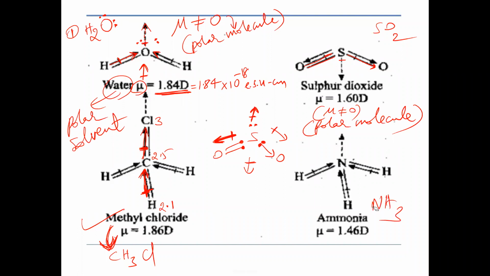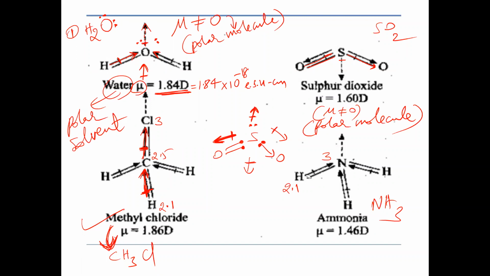How many N-H bonds? Three N-H bonds. Nitrogen has electronegativity 3 and hydrogen 2.1. Which is more electronegative? Nitrogen. Though nitrogen is more electronegative, why is it the central atom? Because hydrogen atoms can never form central atoms because of their very small size. That's why hydrogen must always be a terminal, surrounding atom. So the central atom is nitrogen.